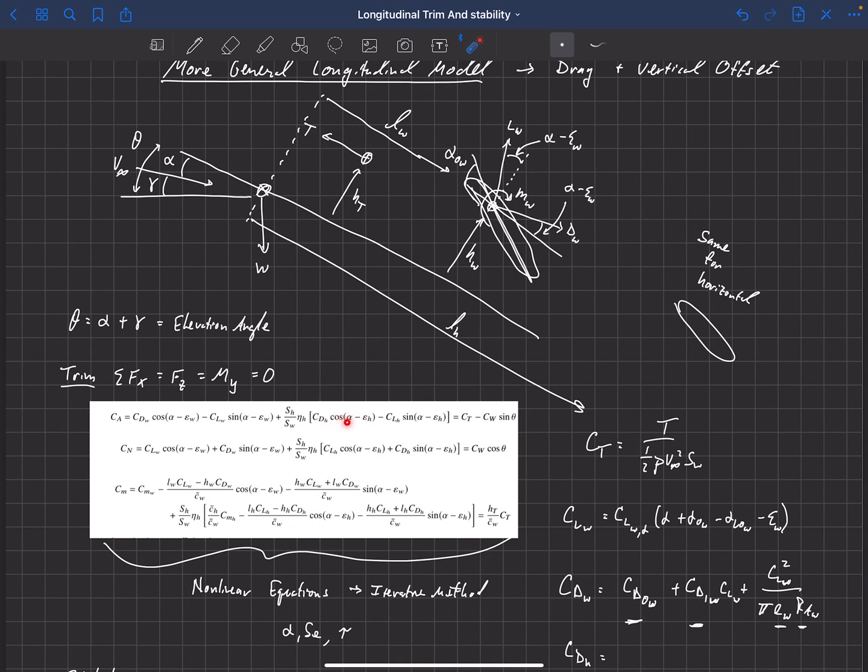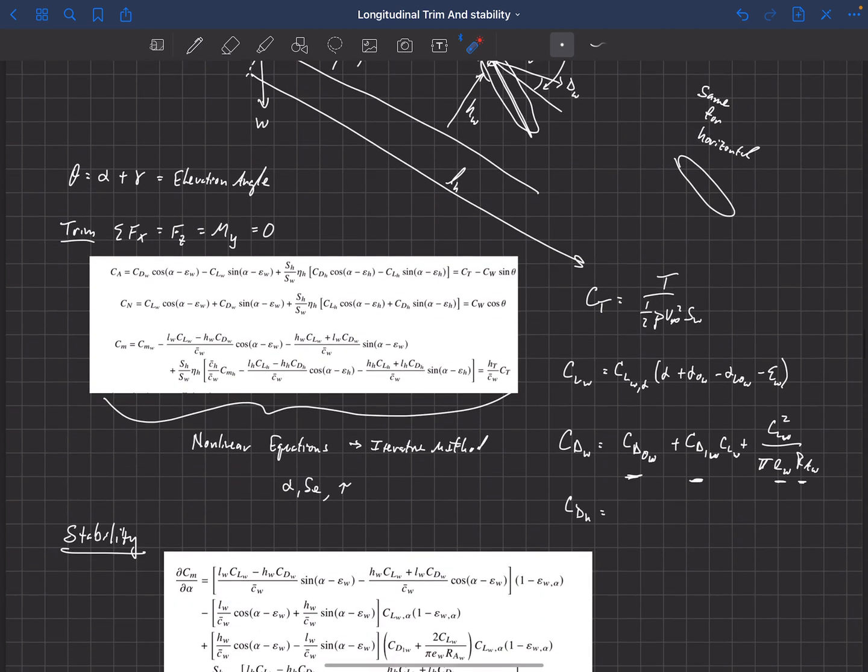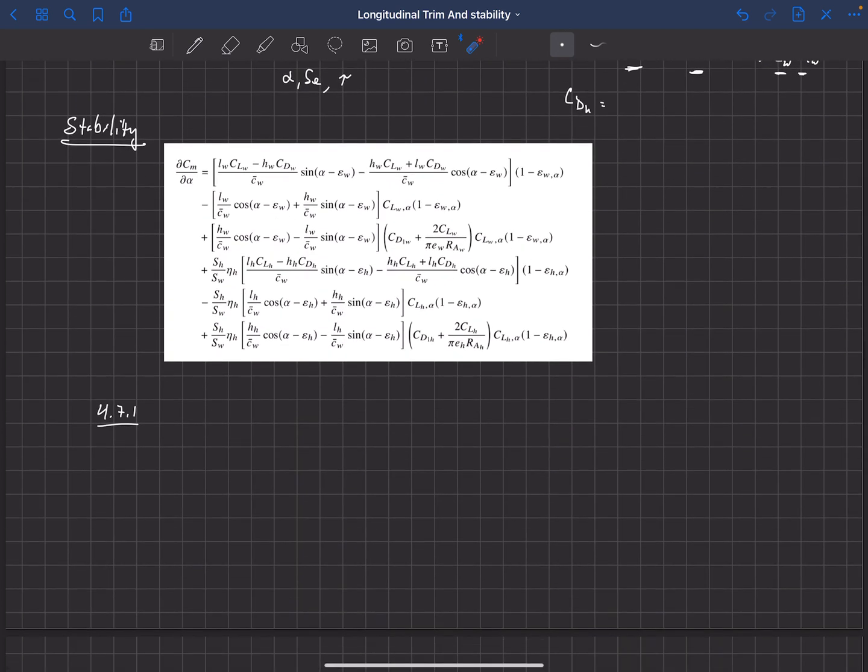And you could simplify these a little bit if we did go through and apply the small angle approximations, but they would still be nonlinear, because you'd still have, for example, sine of alpha. The small angle approximation of that would just drop the sine. We'd have alpha minus epsilon wing here, but then you still have the lift coefficient of the wing that has an alpha in it. So we'd still have nonlinear terms in here, even if we use the small angle approximation, okay? So this first example that Phillips walks through is he sets